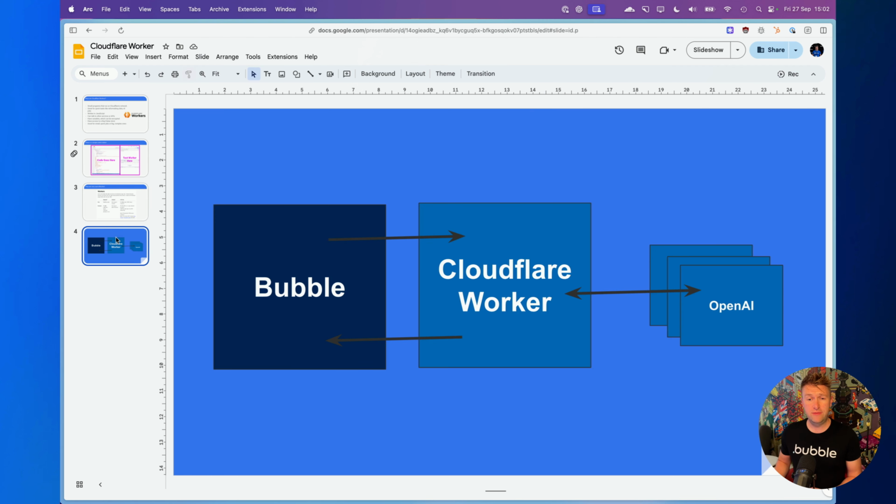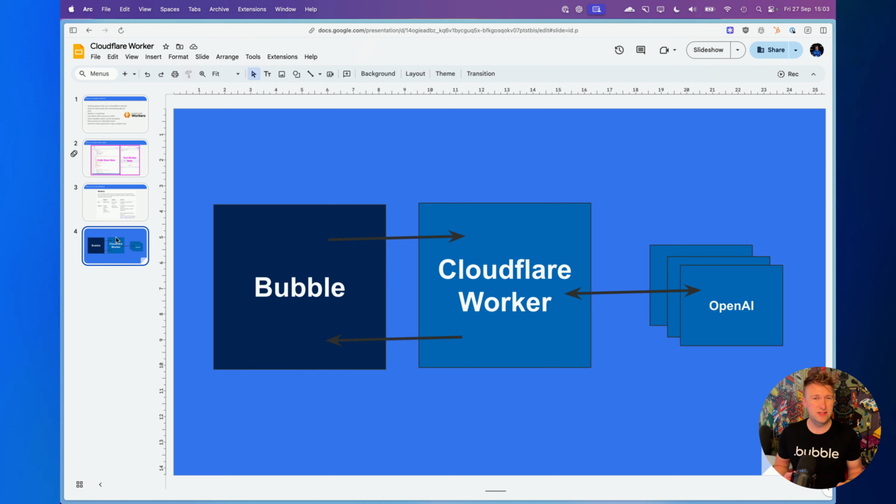So just at a very high level, what we're going to do today, we're going to build a Cloudflare worker that we're going to connect to from Bubble. We're going to connect to it through the API connector in Bubble, and we're going to send it a POST request, which is going to contain the text of a resume. So we're just going to have all the text of the resume, send it into the Cloudflare worker. And then in the Cloudflare worker, we're going to call OpenAI, give it that text and ask OpenAI to return us a structured JSON of all the data that's in that